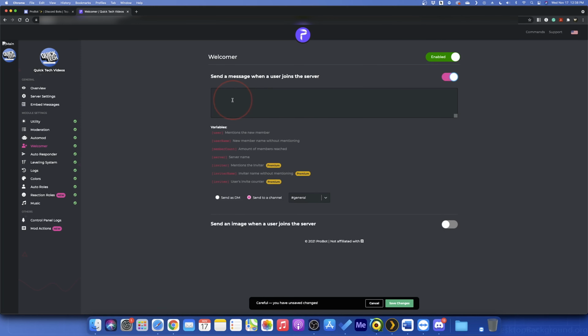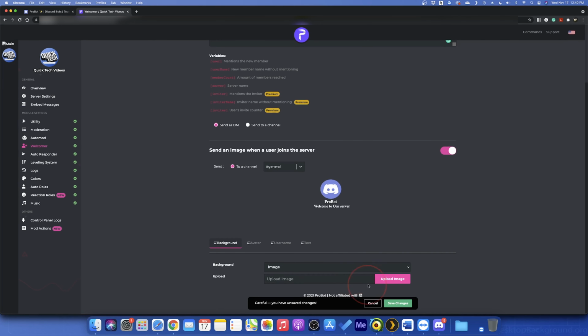You can then enter your welcome message and even add some variables from the examples below, for instance, if you want the bot to mention the new user by name. After that, choose whether you want the message to be direct messaged or sent to a channel. I'll choose DM. After that, you can also attach a picture if you want to by uploading an image and setting up how that sends.